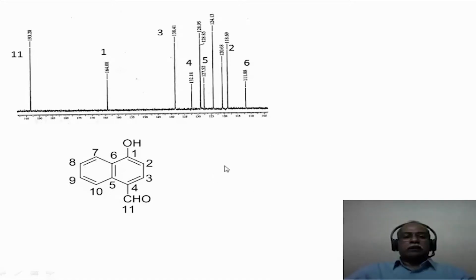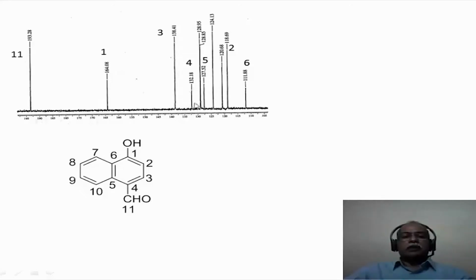One can also assign the carbon-13 spectrum. C11, which is the aldehyde carbon, comes at 193 ppm or so. Then comes the carbon which is ipso to the oxygen. Oxygen is an electron withdrawing functional group. It is directly attached to oxygen, this carbon, that normally comes between 150 to 165 ppm. 164 ppm would correspond to carbon number 1, and carbon number 4 would correspond to this particular signal, which is